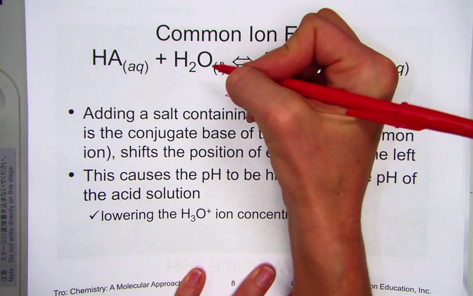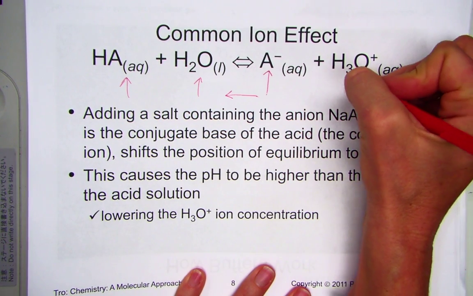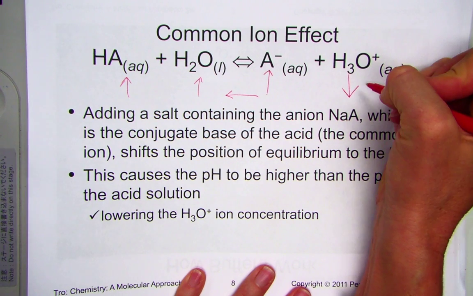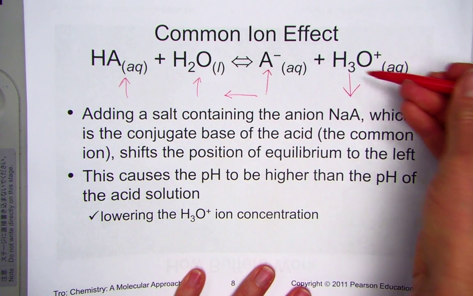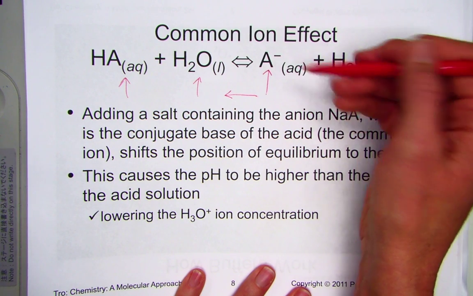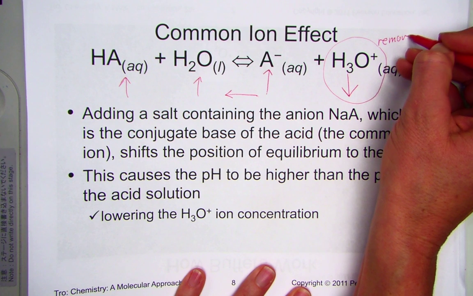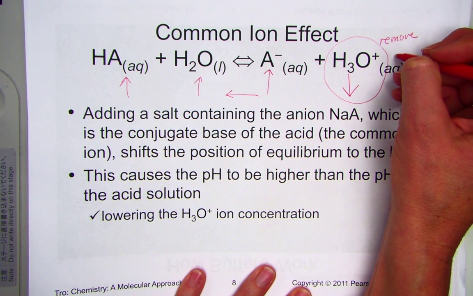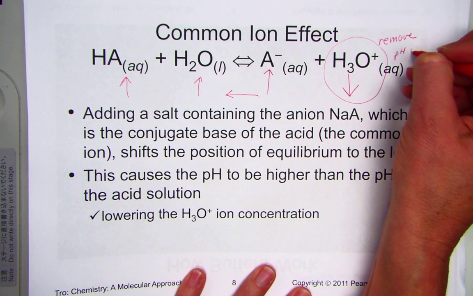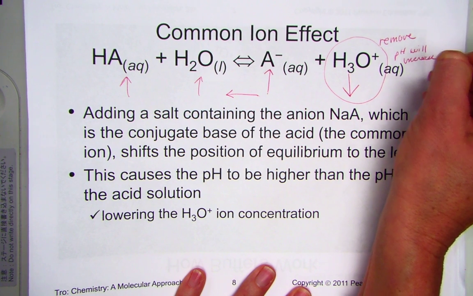If we shift away from the stress, we'll increase the amount of HA in water, but we will then use up excess hydronium. If we shift left, the reactants are now hydronium and A negative. If we remove hydronium, it's not as acidic, therefore pH will increase to show that it's becoming less and less